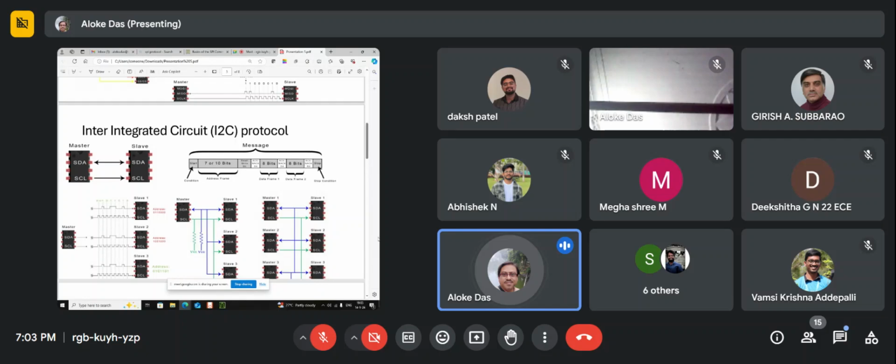And also see, there is no chip select. So basically you cannot address which slave you are sending the data to, right? There is no way to tell that, okay, I want to send data to that slave only. Master cannot say that. So it is kind of